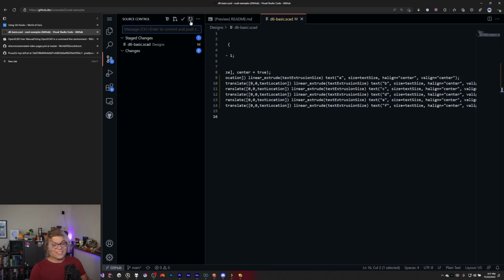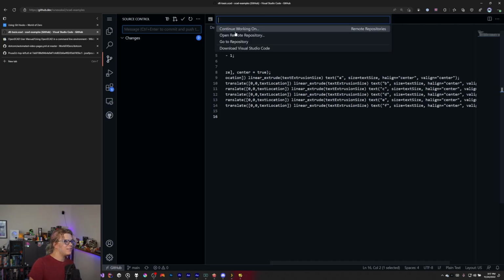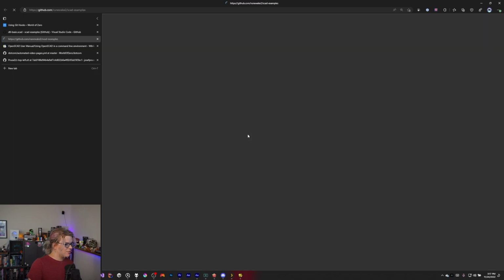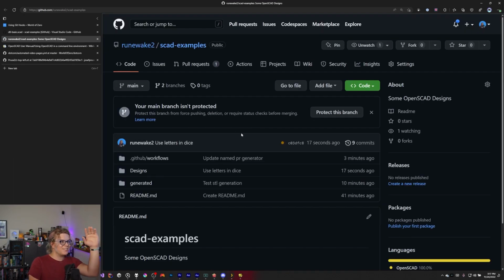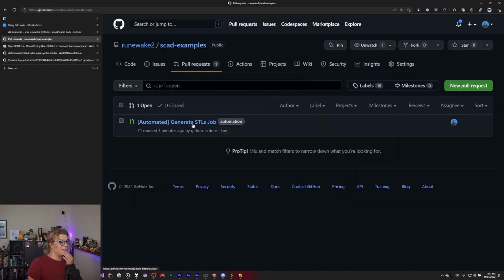And so if I commit this, again, keeping in mind, entirely inside of my browser, I can do this anywhere. We commit this. And now if I go back to my project, go to repository. So to do that, bottom left, go to repository. We can see that our job is currently running, but if I look at this pull request, it should get updated in just a second